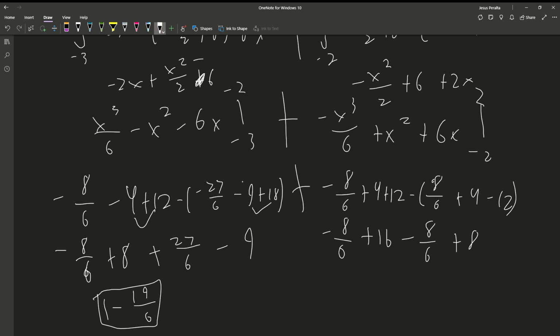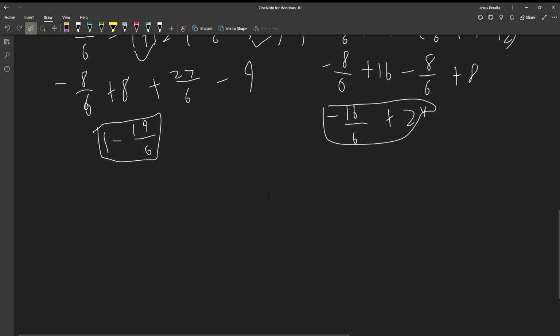So then afterward, we would have negative 16 over 6 plus 24. Now we could combine these two. So then if we combine them, we'd get 23. And then we could combine the negative 16 and the negative 19, which would be negative